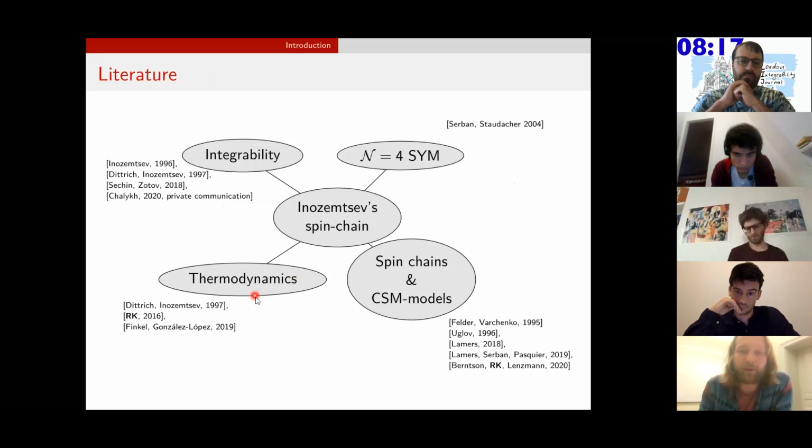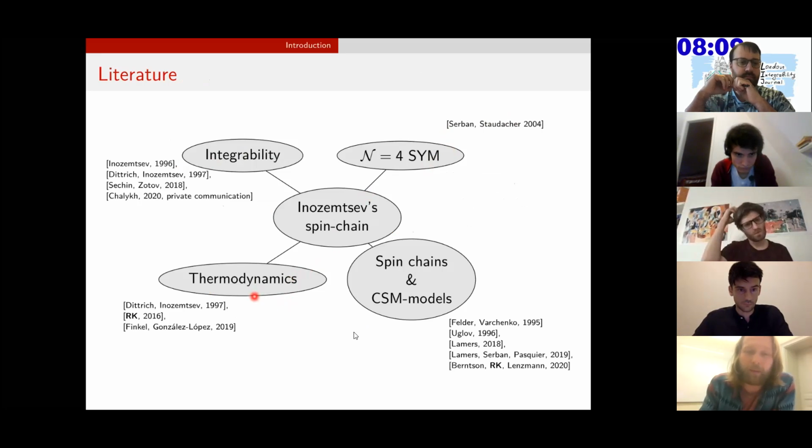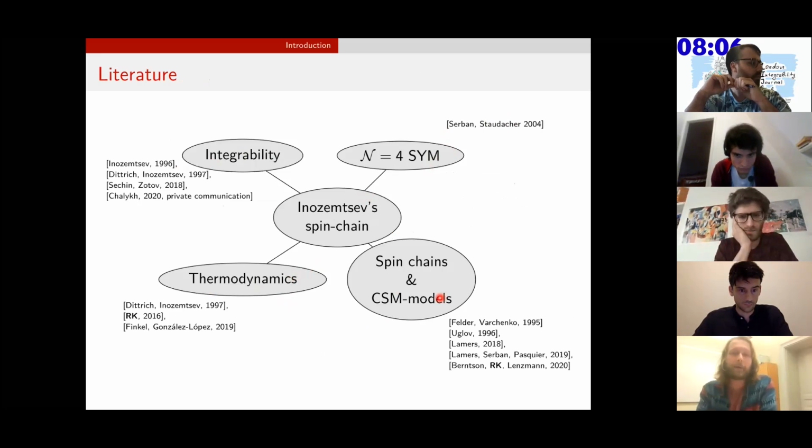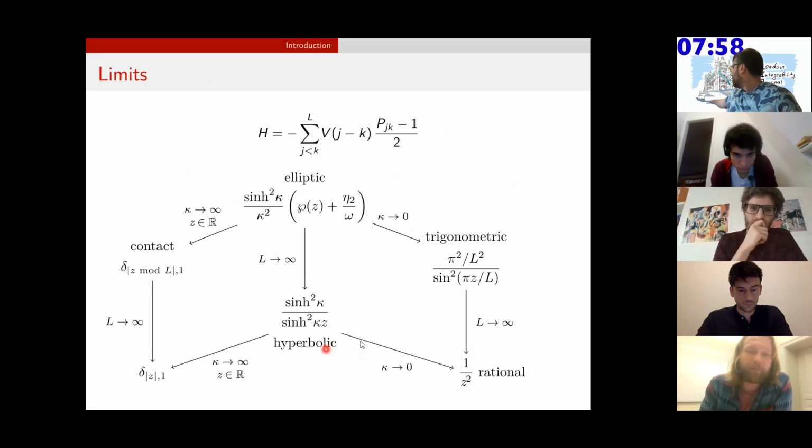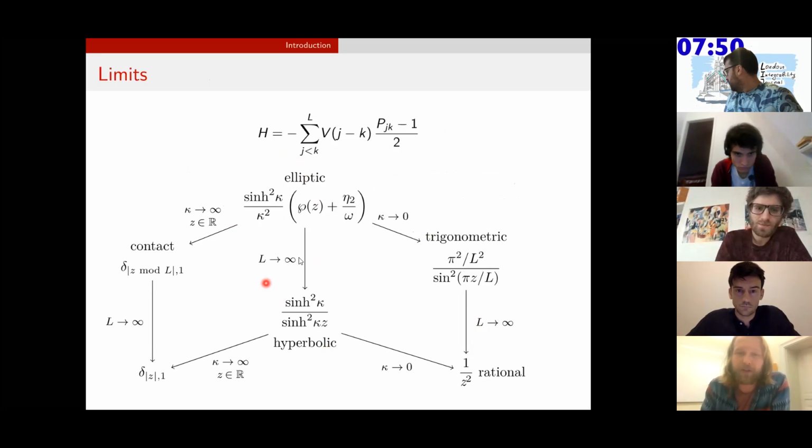So there's a whole range of different literature that goes from integrability to N=4 with a famous paper by Serban and Staudacher, to more modern work on thermodynamics and Calogero-Sutherland-Moser systems that shows that this spin chain has many different types of applications. And thus should be interesting enough to study, of course. Now, my personal goal is to understand exactly what the role is of the spin chain in this particular diagram. So what I plotted here is different sets of potentials. Here on the top, I have the potential for the elliptic model. So this is just one of the different choices for V I can make for this Hamiltonian. And then each of these choices in this diagram gives me an exactly solvable system.